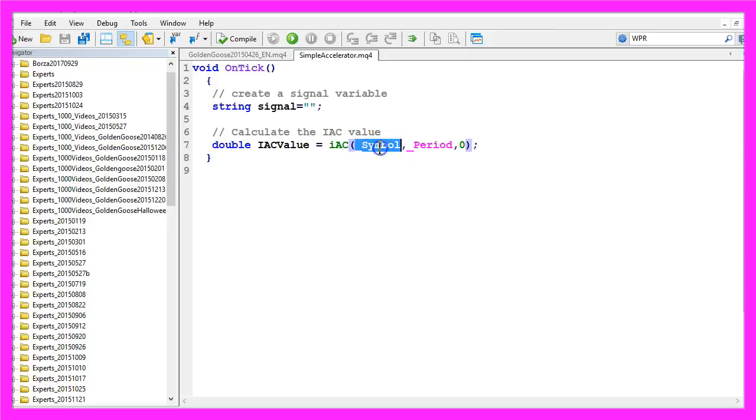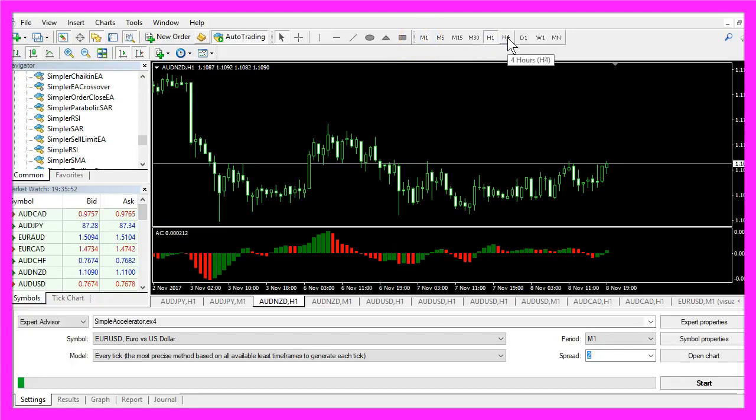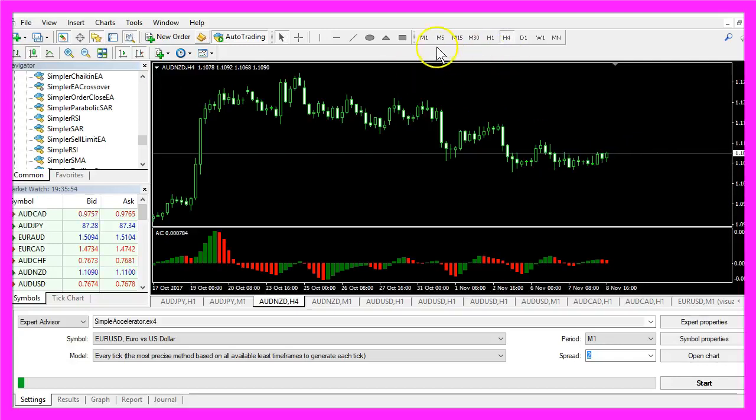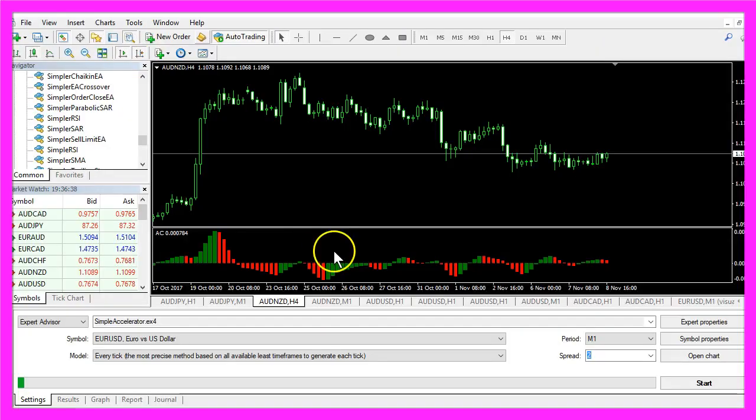value here. So we use _Symbol for the currently selected currency pair on the chart, and _Period for the selected period on the chart. That can be 1 minute, 1 hour, or 4 hours, or anything else, up to 1 month. The last parameter here is the shift. We use a 0 here, because we don't need to move the accelerator indicator to the left or to the